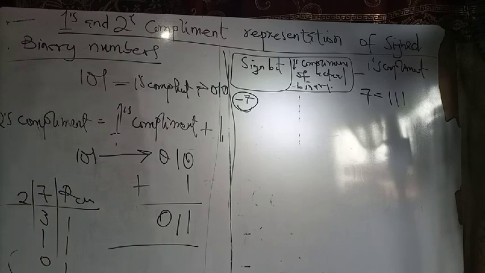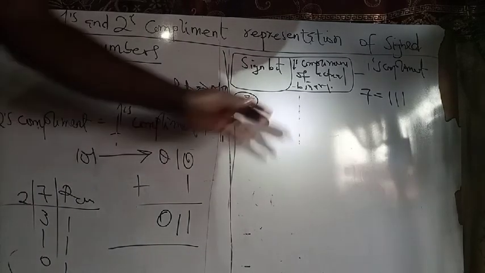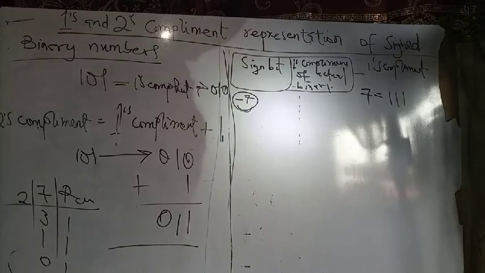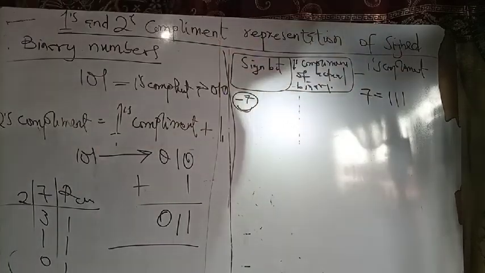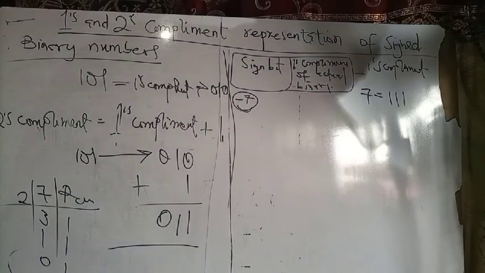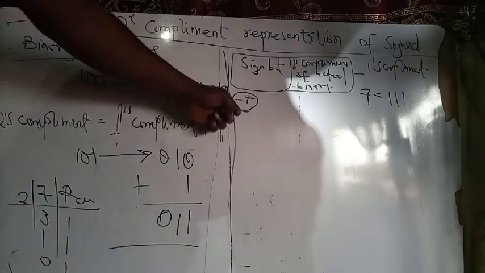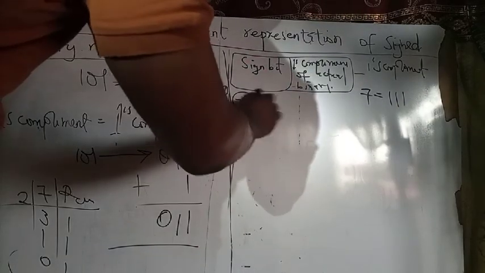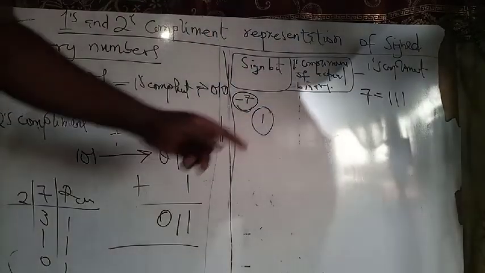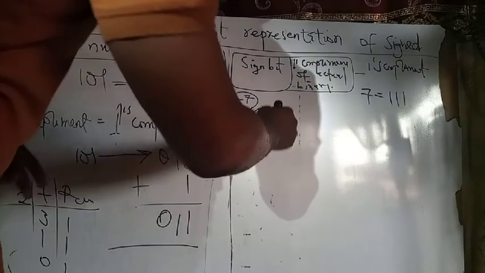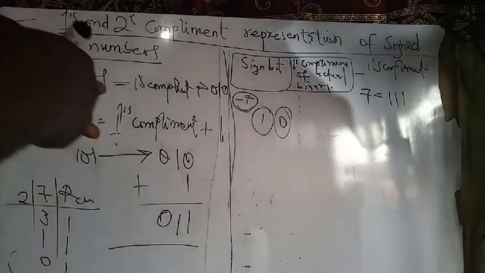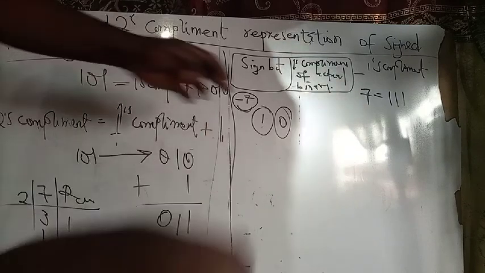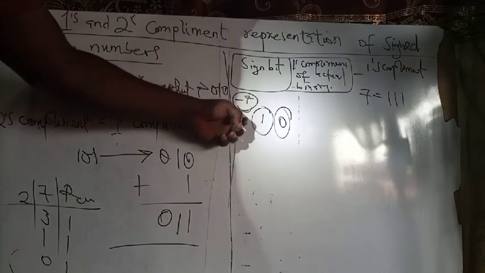You see the thing? Anytime you are dealing with sign bits, you are actually going to get a value or a representative of that sign. And we were taught in our previous lesson that when it is negative, there will be a 1, and when it is positive, there is going to be a 0. So to write this value